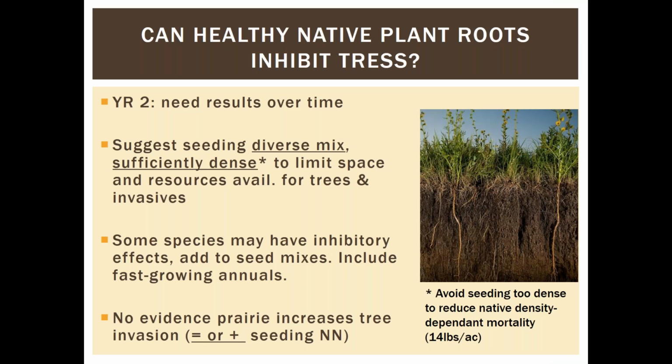Our other objective was understanding whether native prairie plantings have an ability to inhibit or reduce tree establishment. This is a 5-year study, and we're 2 years in, so we need more time to really be able to measure that. But our study, along with others, suggests that by providing a diverse mix that is sufficiently dense, but, asterisk here, not too dense,